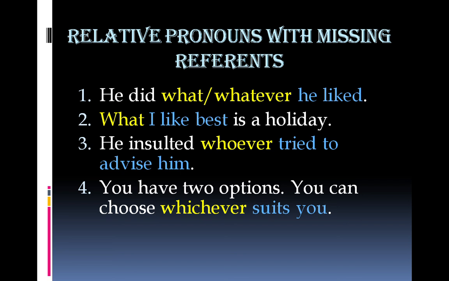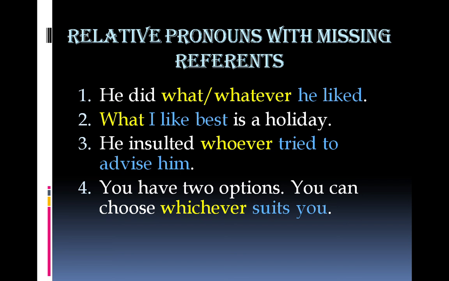You have two options. You can choose whichever suits you. You is the subject, choose is the verb. Choose what? Whichever suits you. So whichever suits you is functioning as the object of a verb. Object of a verb is again a role of a noun. So all these clauses in colored font are functioning either as the subject, just one example, actually sentence number 2, and the remaining 3 are functioning as the objects of verbs. And these are the basic rules of nouns. So these clauses are noun clauses.